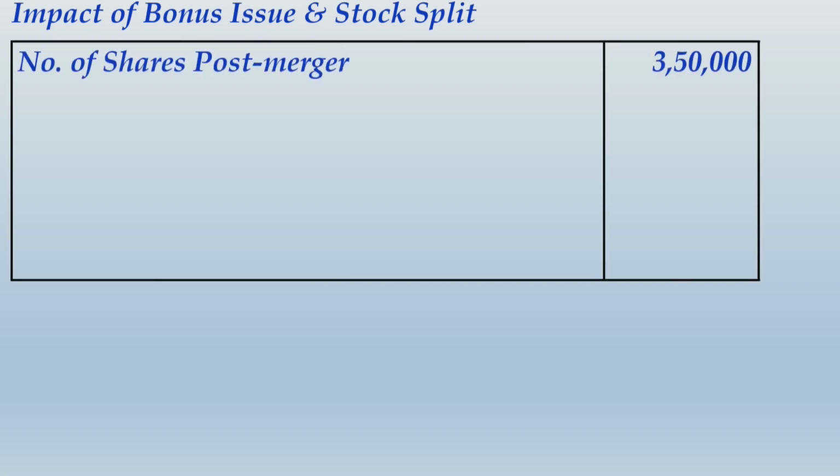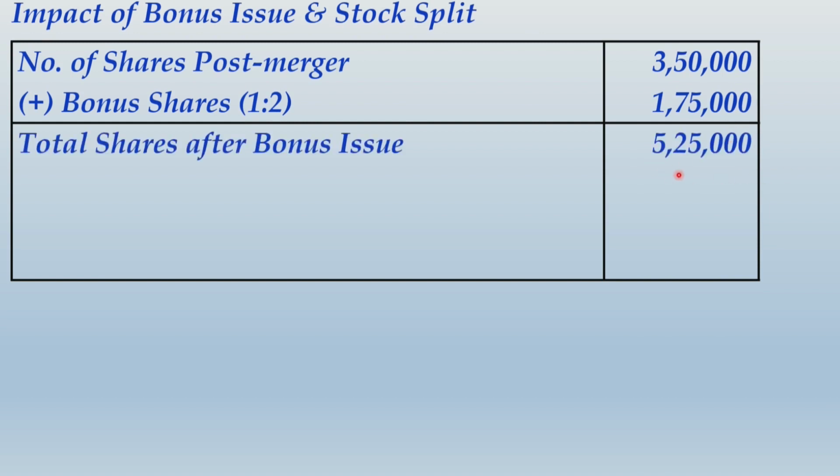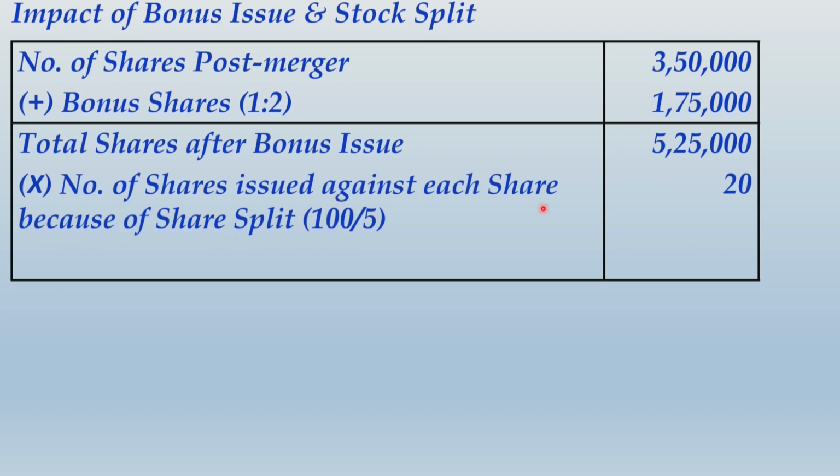The number of shares post merger were 3,50,000 shares. Bonus shares were issued in the ratio of 1:2. So now 1,75,000 shares, these are basically half of the existing number of shares, because if the bonus ratio is 1:2, you are giving 1 share for every 2 shares held as bonus. So that will be half of the existing number of shares issued as bonus. So the total number of shares after the bonus issue will be 5,25,000 shares,